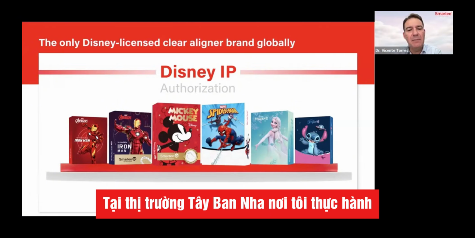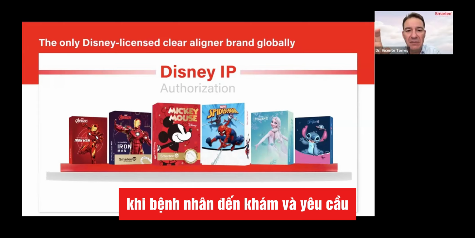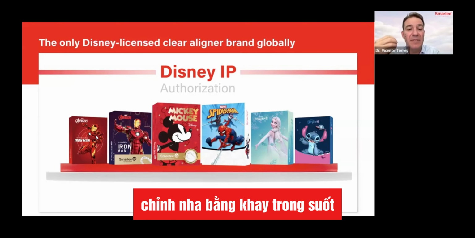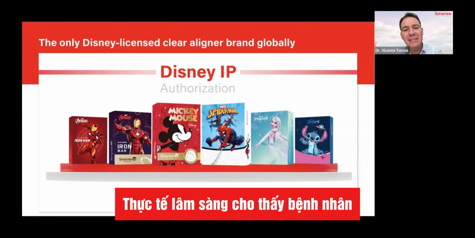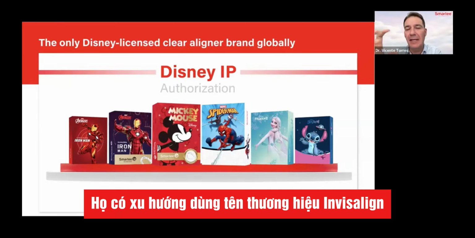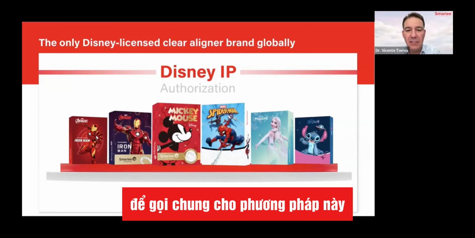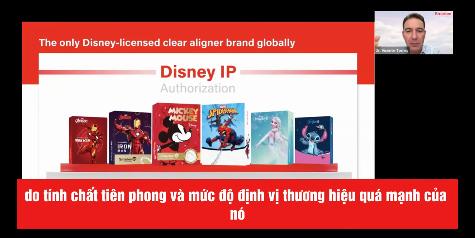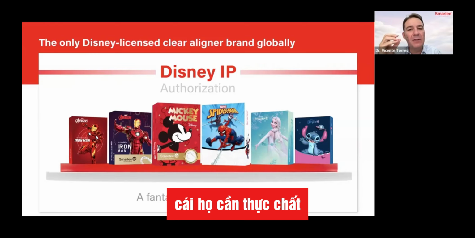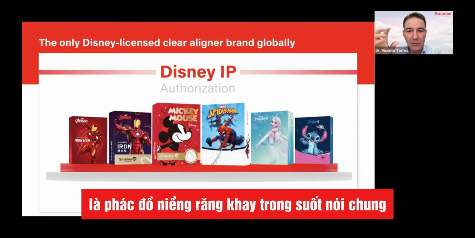And sometimes, at least here in Spain, when patients come to our clinic asking especially for an Invisalign treatment, what they actually mean is that they want treatment with clear aligners or invisible orthodontics. The reality is that patients are usually unfamiliar with the proper terminology, and they commonly use the Invisalign brand name because it was the pioneer in this field, and it has remained strongly positioned in people's minds. Sometimes people come saying, I want Invisalign treatment. They don't want Invisalign. They want a clear aligner treatment. So this is very important.